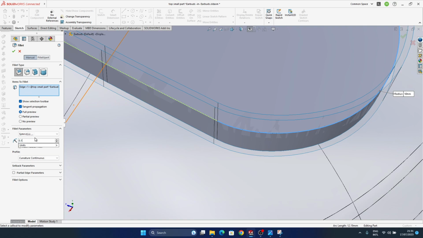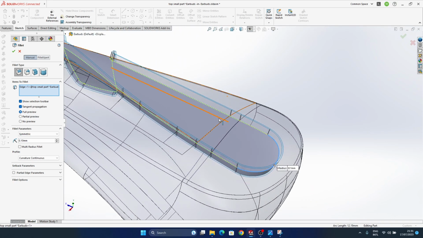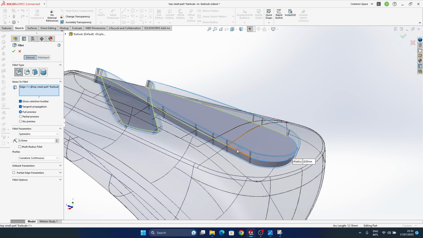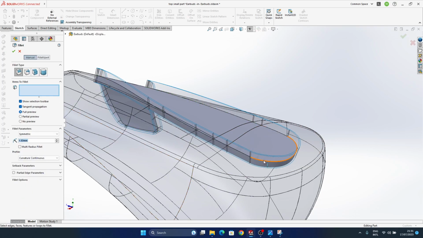And I can just apply a fillet to it of 0.1, I suppose, if you will want to do it, or 0.05. See, maybe too much. It shouldn't be. Let's go again. Let's select all the edges. Sometimes you need to guide SolidWorks around the edges